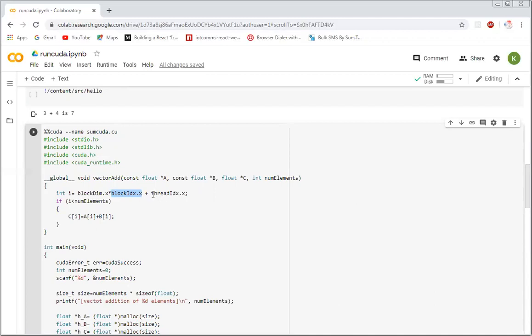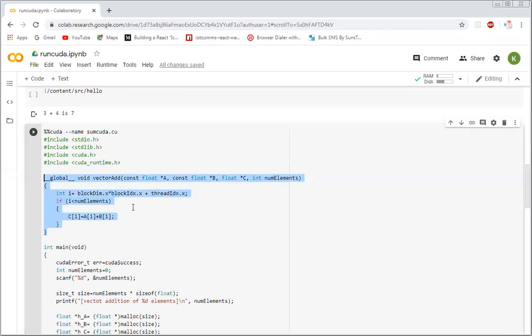No problem. threadIdx. Definitely, if we are saying that we have one block and 256 threads, only thread IDs will vary. So let us assume there are multiple thread IDs. So in this variable i, we will get one value for each thread. For each thread, we will get some value.